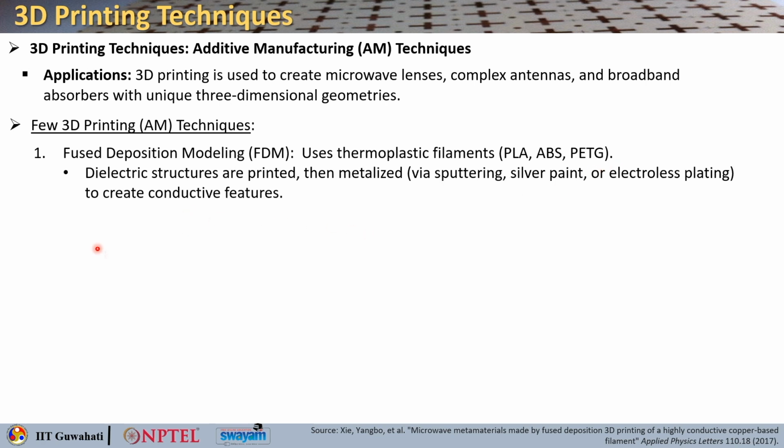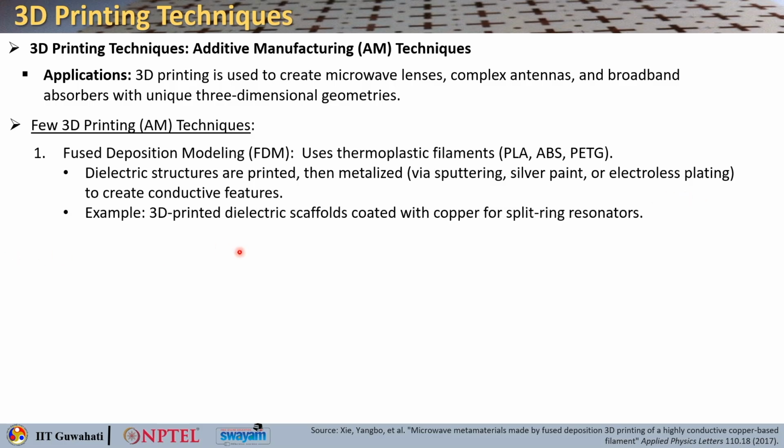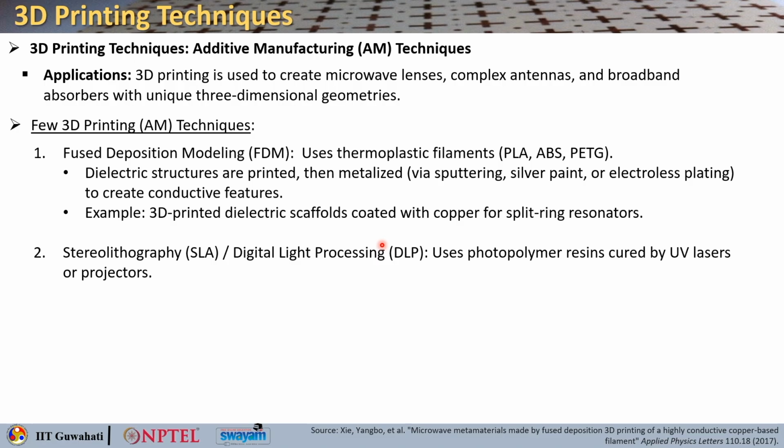Okay, so these dielectric structures are basically printed in this method and then metallized via sputtering, silver paint or electroless plating that creates the conductive features. One example could be a 3D printed dielectric scaffold coated with copper for the split ring resonators. Okay. Then you can also think of stereolithography, SLA,